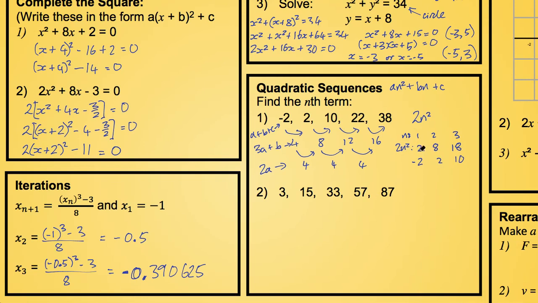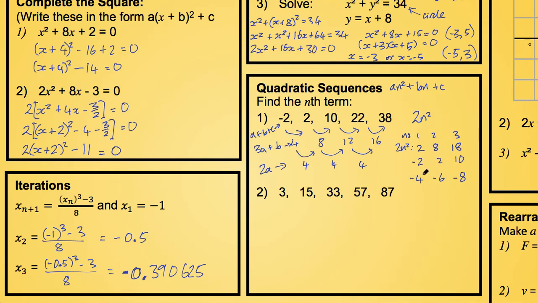How am I going to get from 2 to minus 2? The answer is I would minus 4 to get from there to there. How do I get from 8 to 2? I would take away 6. How do I get from 18 to 10? I would minus 8. So I look at what this sequence is, and again from 1, 2, 3, I know